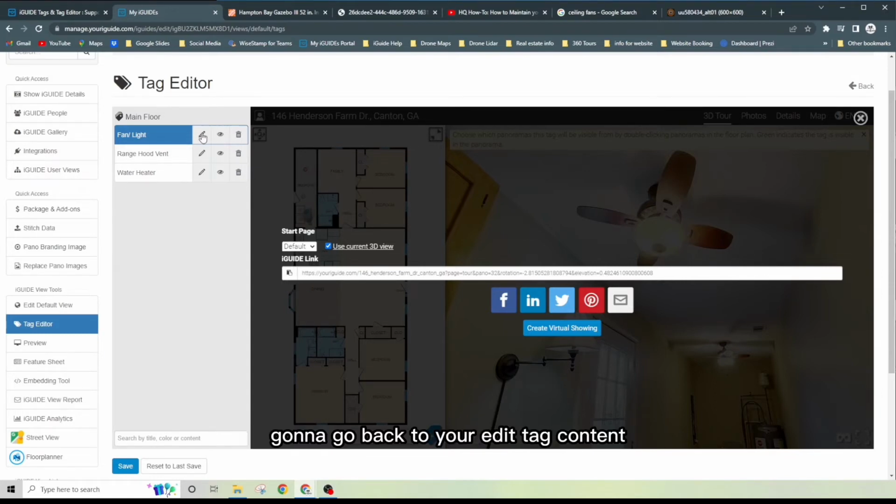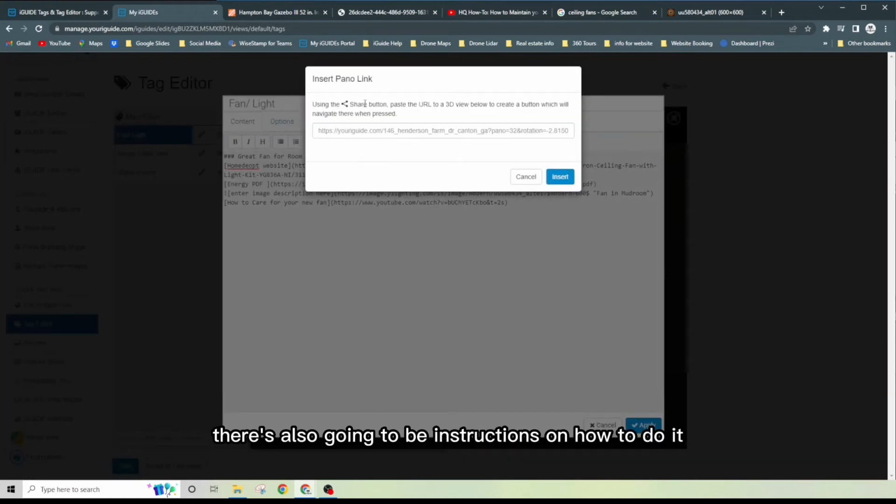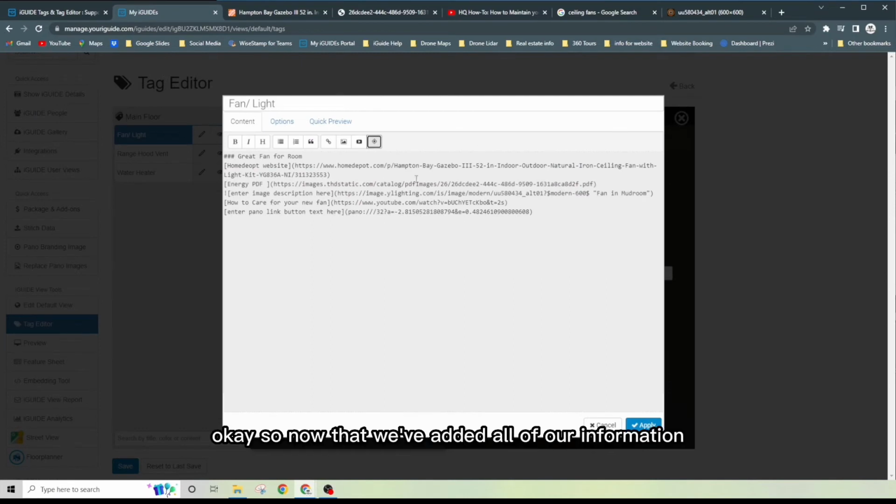You're going to go back to your edit tag content. Once you've clicked on that, go back to your pano link, select that. Here it's also going to have instructions on how to do it. So just click this address bar, Control V, which is paste, insert. Okay, so now that we've added all of our information, all the photos, all the links to the websites,